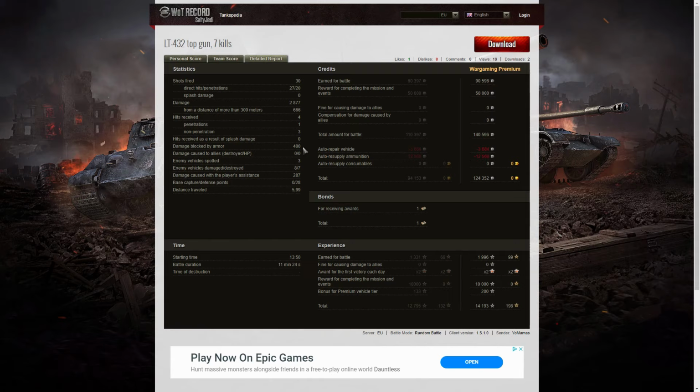400 hit points of damage blocked by the armor, 3 enemy vehicles spotted, 8 enemy vehicles damaged, 7 destroyed, and 287 hit points of damage assistance. I think that may have been spotting, and 28 cap defense points as well. On a premium count, he earned 90,596 credits, got 50,000 credits from the Veni Vidi Vici, so his total came to